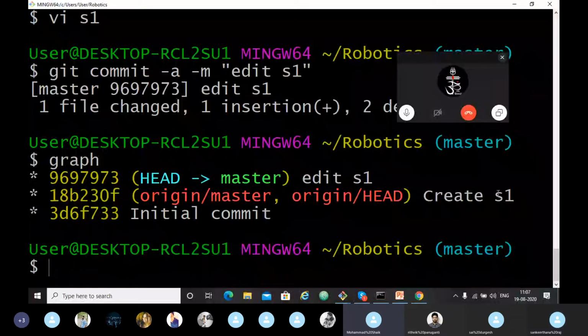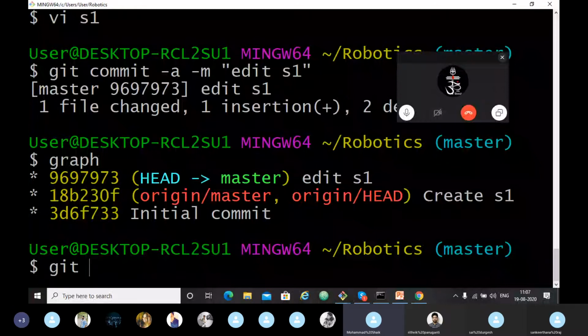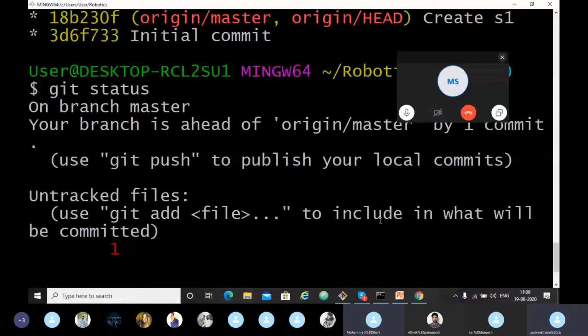Okay. After that, I want to push this edit S1 file into my GitHub account. So I'll just write git push origin master.